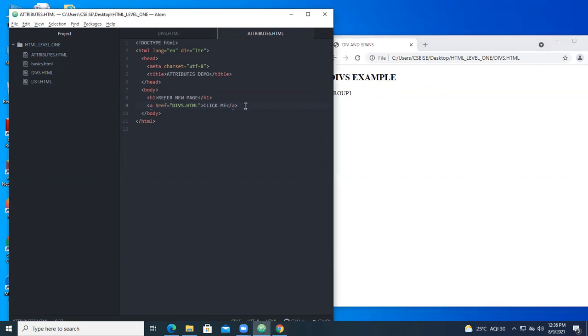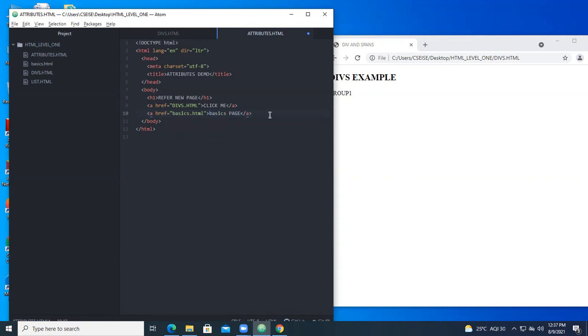If you want to refer to some other pages also, you can have another anchor tag. Inside that you can give basics.html or any other file you have. Inside that, write basics page.